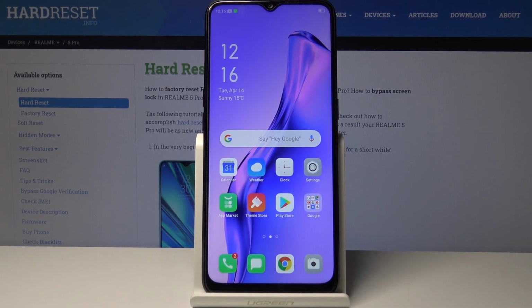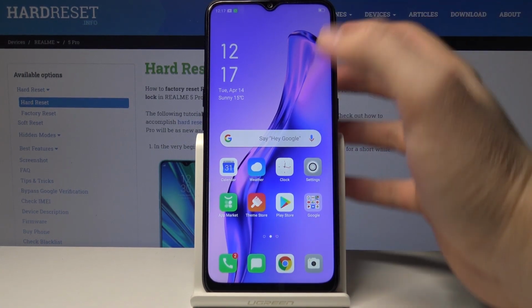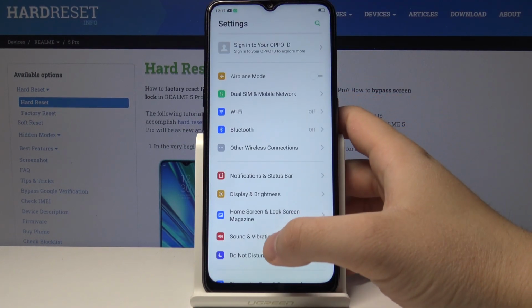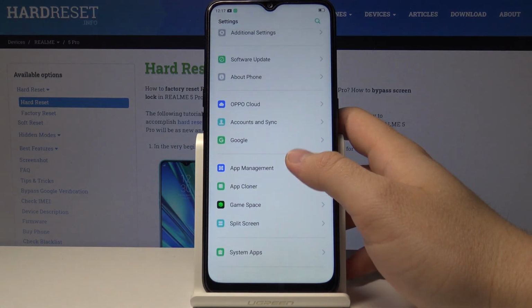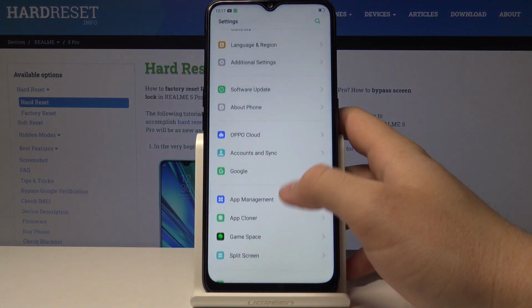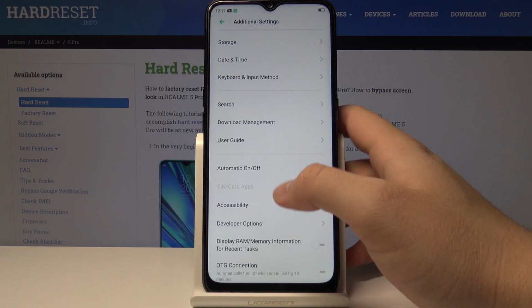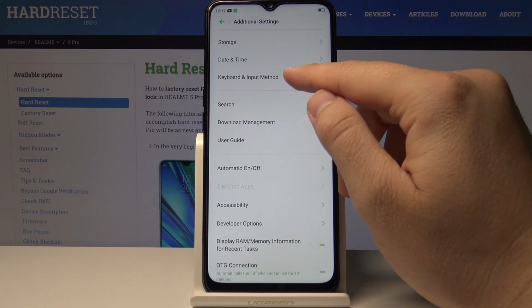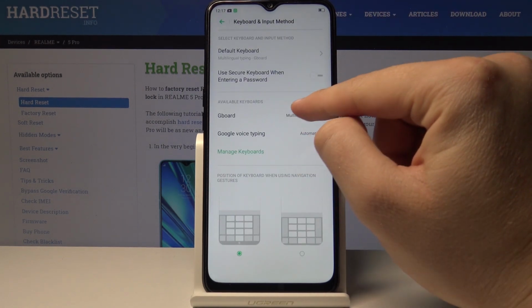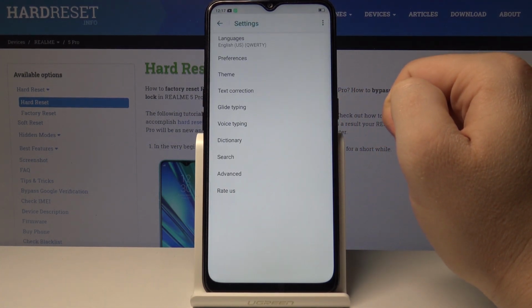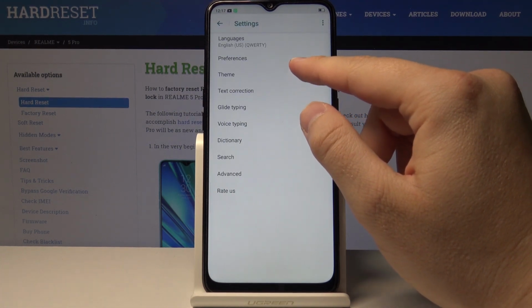Welcome. If you want to change the keyboard theme in your OPPO A31, first we have to enter the settings, scroll down, and click on additional settings, then tap on keyboard and input method. Right now we have to tap on the Gboard, and here we have to go to the theme